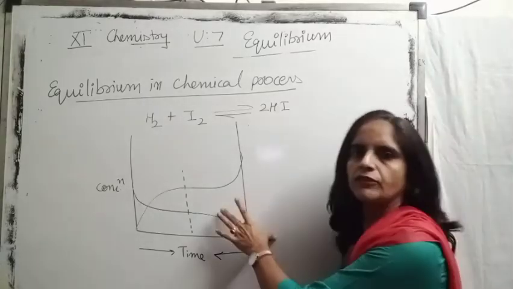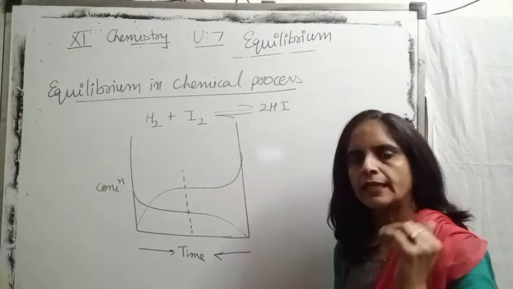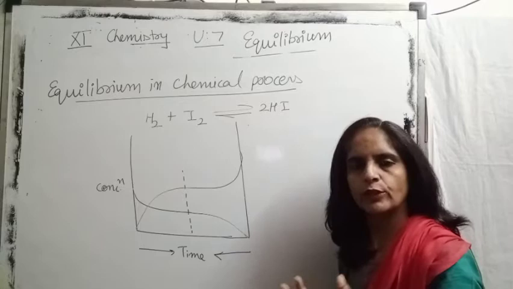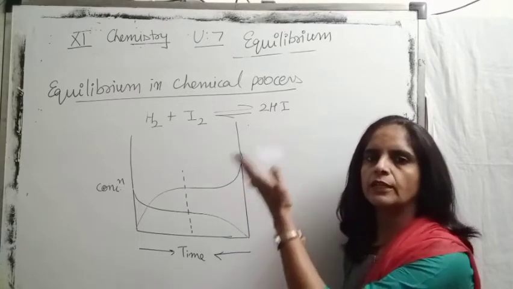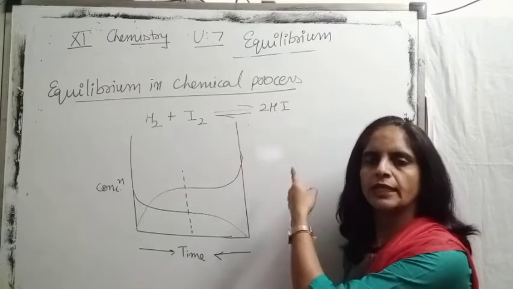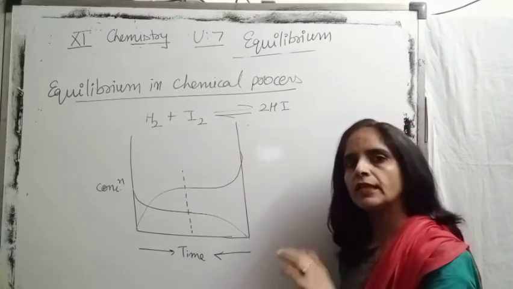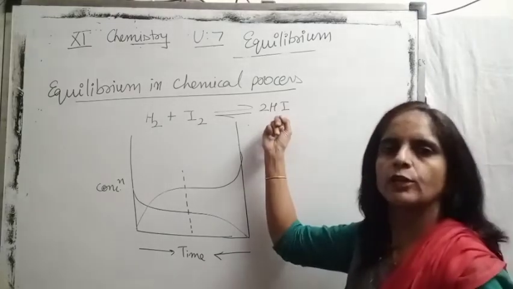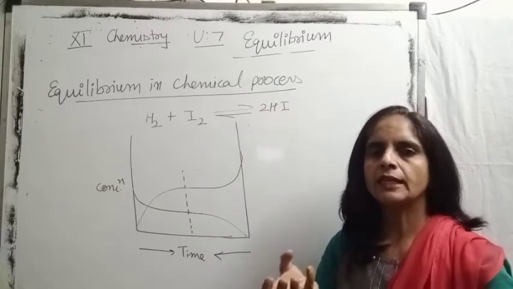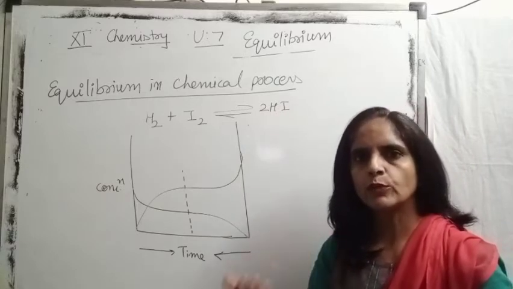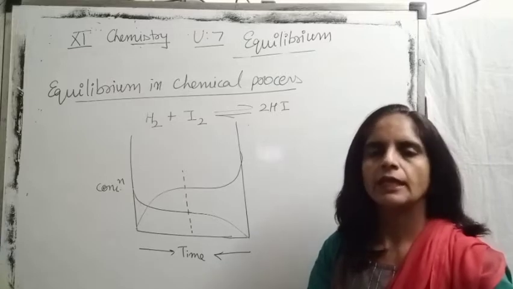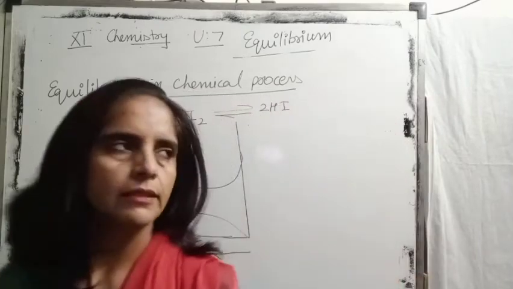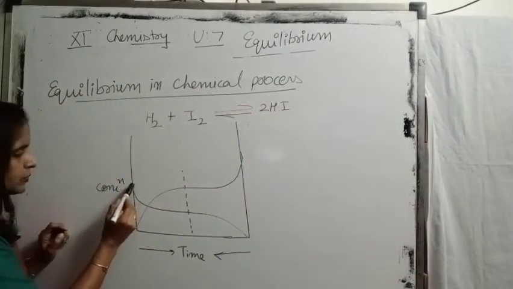So, with the help of this graph, we are proving that if you start the reaction with hydrogen and iodine, that is, we are taking a mixture of hydrogen and iodine, this mixture is converting into hydrogen iodide. This is attainment from the forward direction. But we can attain this even in the backward direction, that we can start the experiment with hydrogen iodide. Initially I am taking HI as a reactant, slowly it decomposes into hydrogen and iodine, and then the backward reaction starts. Clear?